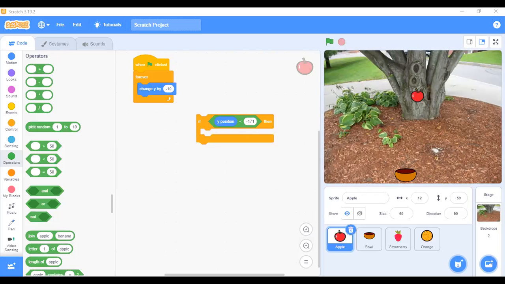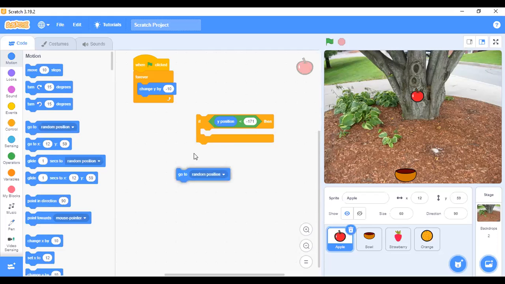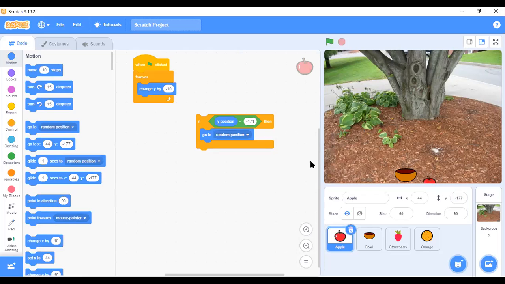Now, pay close attention very, very well. If it is less than minus 171, down here, you now go to your motion again. I want to control the movement. Add go to random position to it. Look at this. It is not less than minus 171 because Y is currently 59. But if you put Y here, minus 177, and I click on this, it moves to random position again. If I bring it back again, it's moving back. You will understand by the time you pay close attention or by the time you are doing it yourself.